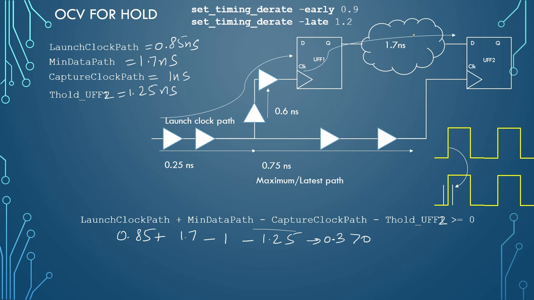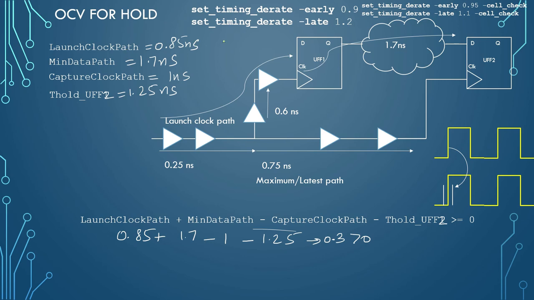Now, cell check delays such as setup time and hold time of a cell can be derated using the hyphen cell check option with this set timing derate command. It will be specified something like this. So set timing derate hyphen early means it will be for hold, and hyphen late means it will be for setup. So here it is a hold timing check. Your hold time will be derated by 0.95, and if there is a setup time check, it will be derated by 1.1. That means 10% derate in setup and 5% derate in hold. So here this hold time will be derated by 5%, and that will be of early type.